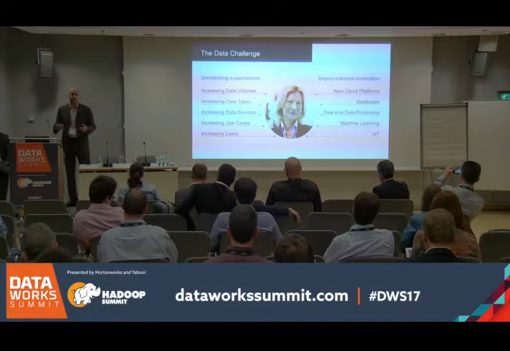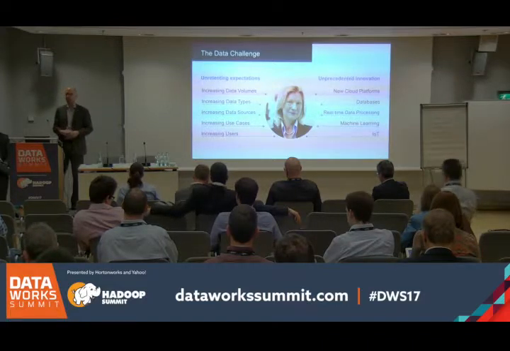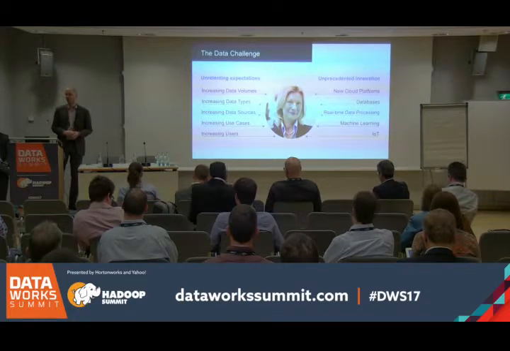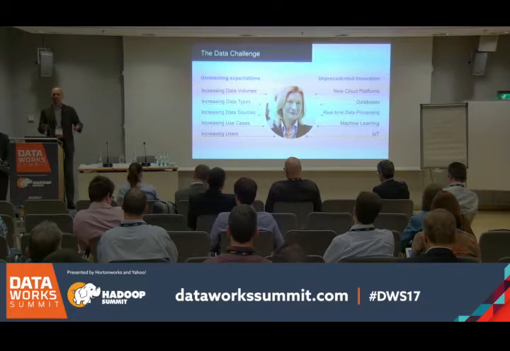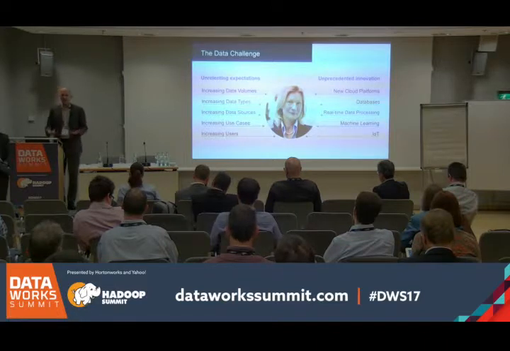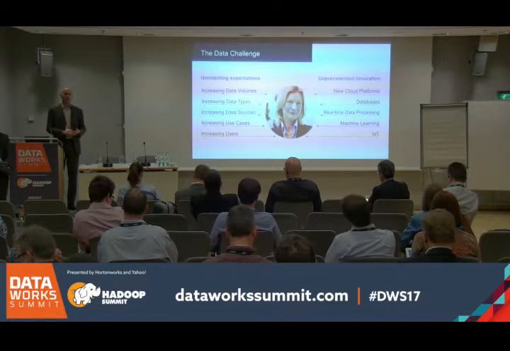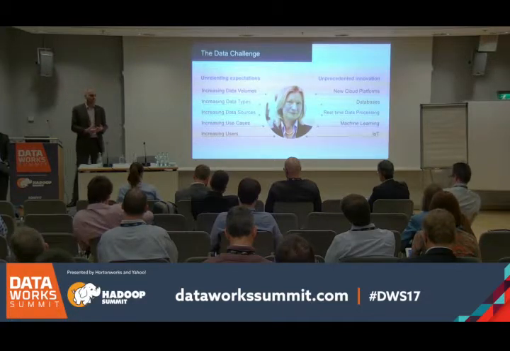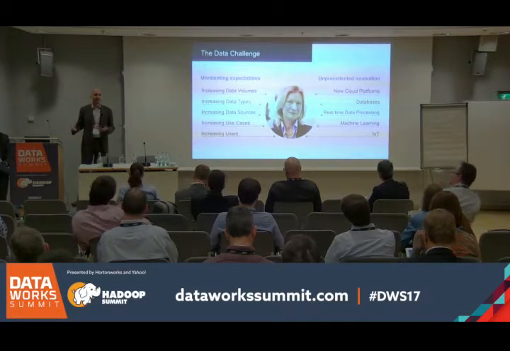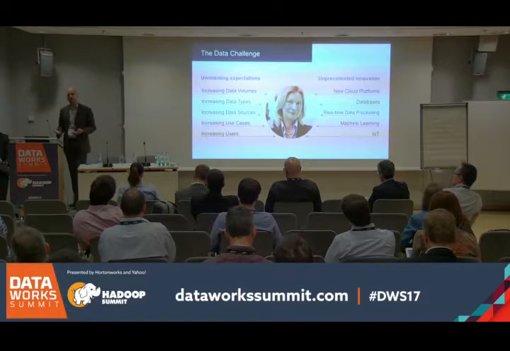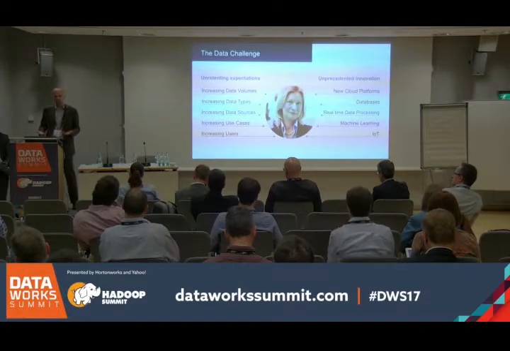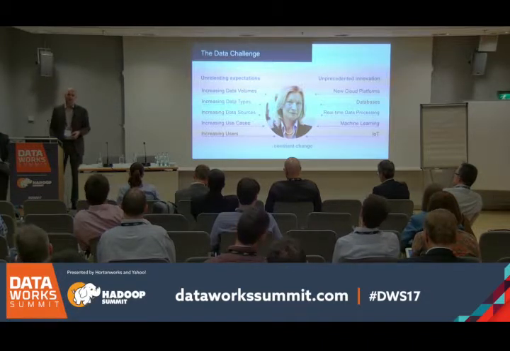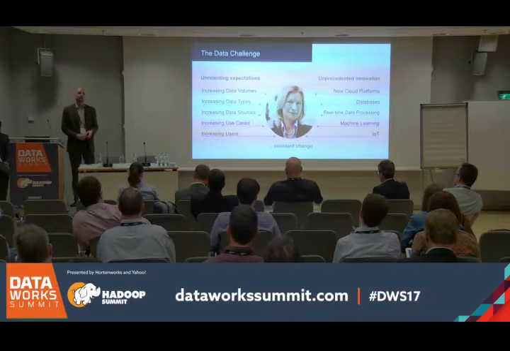There are lots of technological problems associated with that. And of course, there are lots of new challenges like machine learning and IoT. And all of these have to be addressed. And still, CIOs manage to do that. It's something they have been doing all the time. But there is one thing that CIOs often don't anticipate, and that is that there is a constant change in all these fields.